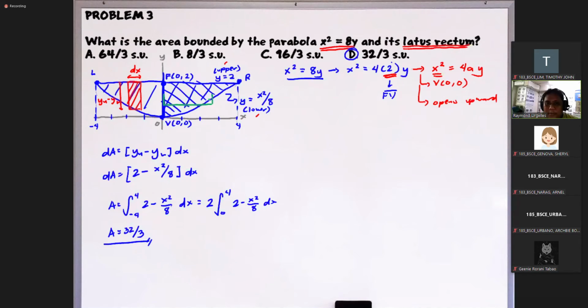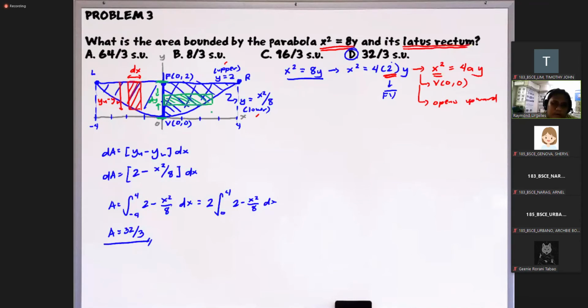Okay, nakuha ba? Makikita naman ninyo na pag dinrawing natin yung nasa other half nito, pareho lang yung makukuha nating rectangle sa half na to. Pwede i-consider lang natin yung kalahati, then multiply lang natin sa 2 afterwards, diba? So yung buong area natin. Okay? So again, this will just be dy in this case. Ito naman yung limits of integration natin, from the vertex, that is 0, hanggang sa focus 2.